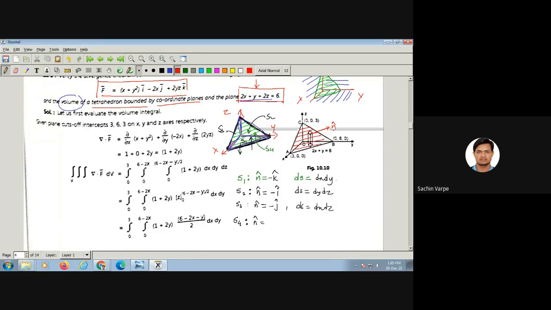Front surface. So that will be del phi upon mod of del phi. Okay. Del phi upon mod of del phi. And to get the area element, what we do is take a projection of that arbitrary surface onto the xy plane. So when we take the projection of this surface onto the xy plane, the area element dx dy of the xy plane will come.